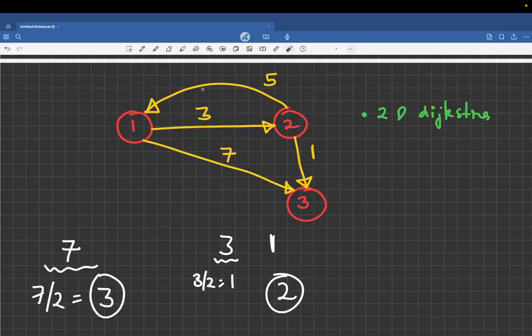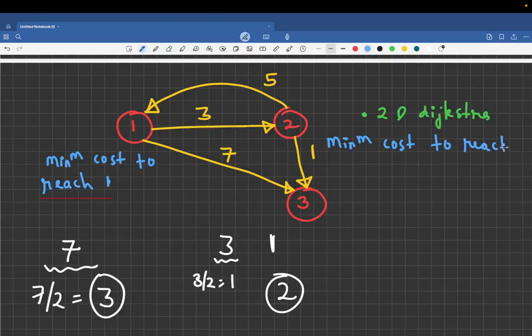So you want the minimum cost to reach 1, and you also want the minimum cost to reach 3 from 2.